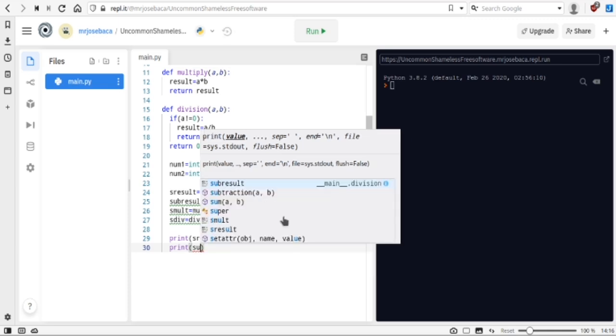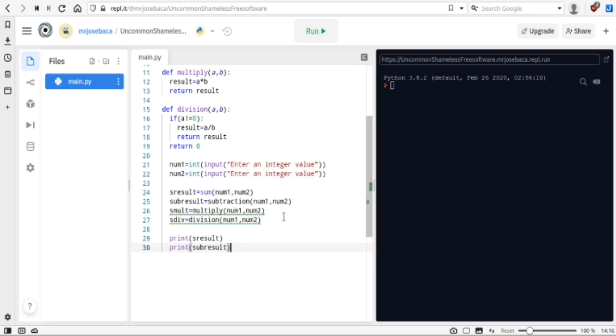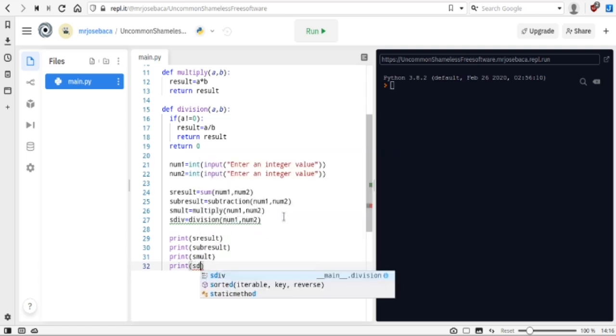Now followed by the multiply result. And the division. Okay, now that I have my print and my storage,